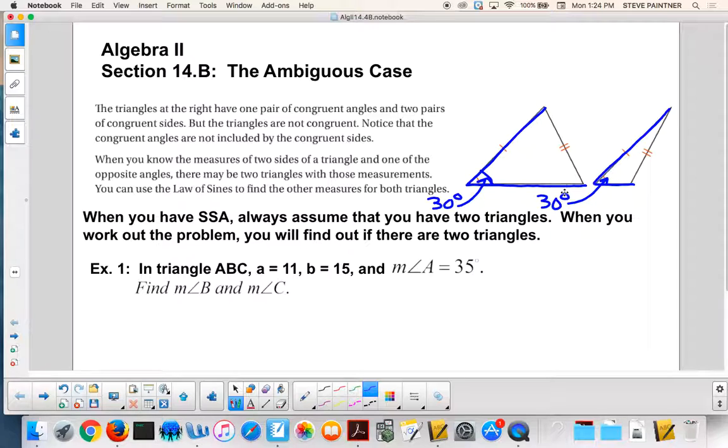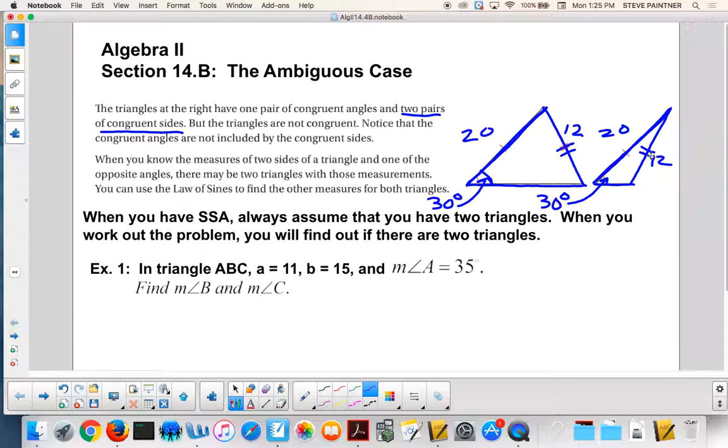Okay, then it says, and 2 pairs of what? Congruent sides. So what they're now trying to tell you is if this side is 20, so is this side. And then they're trying to tell you if this side is 12, then what's this side? No, they're saying they're congruent. 12, 12. So with those dimensions that I just gave you, 30 degrees, 20, 20, and 12, 12, how many